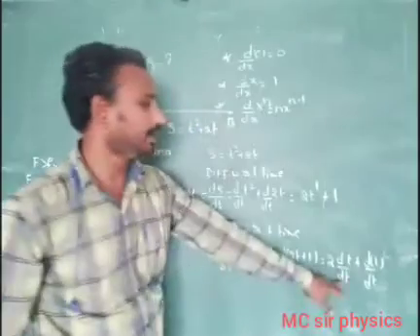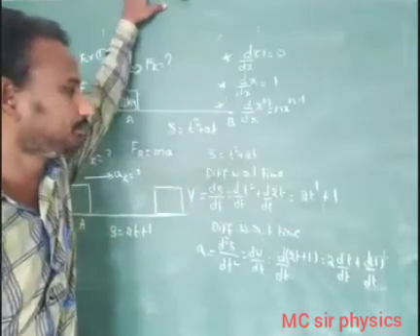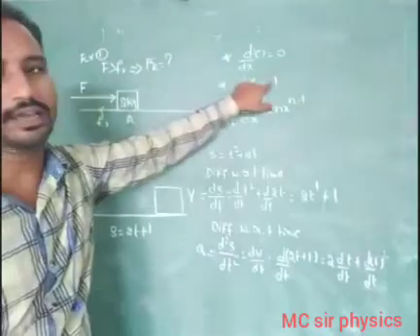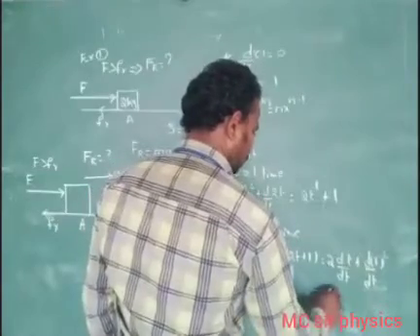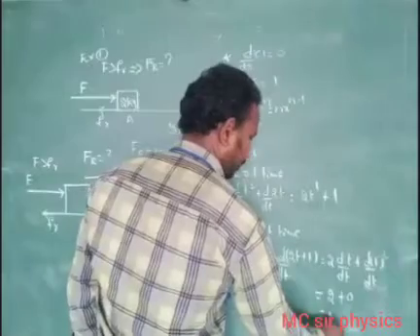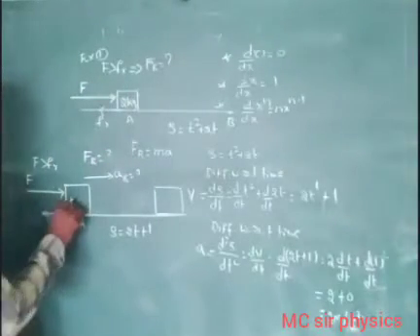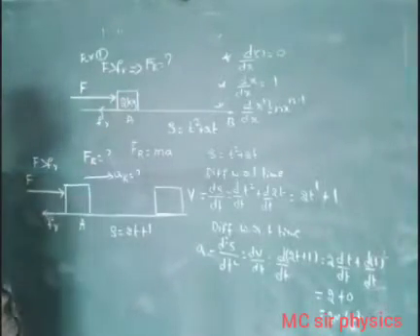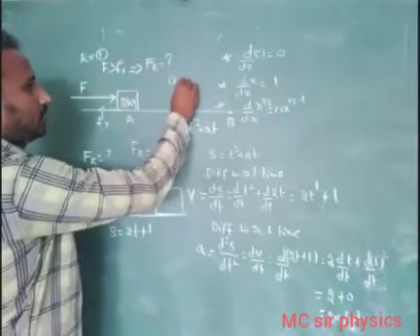Now apply: d by dt of t value, how much? d by dx of x equals 1, so d by dt of t equals 1 only. So this value is 2 plus d by dt of constant, which is 0. That is 2 meter per second square. How much? 2 meter per second square. Your mass of the body, how much is given? 2 kg. Resultant acceleration AR equal to